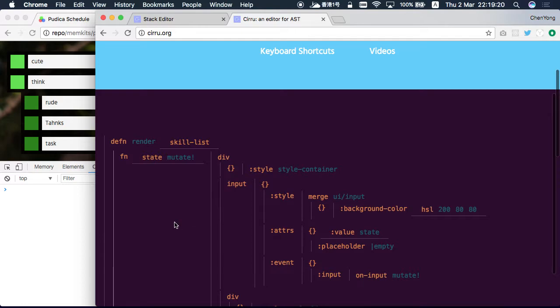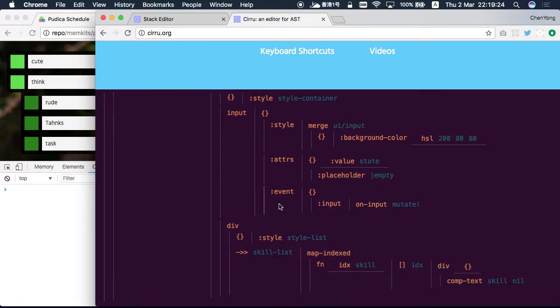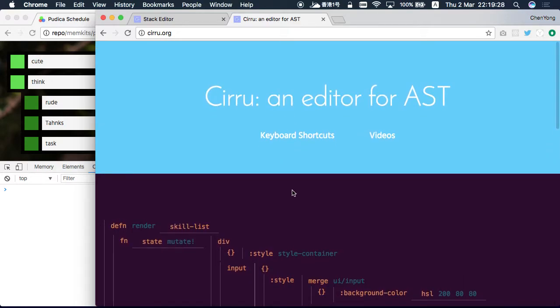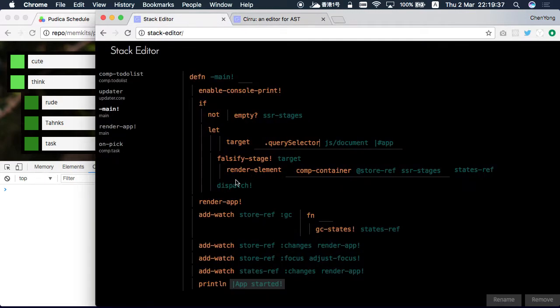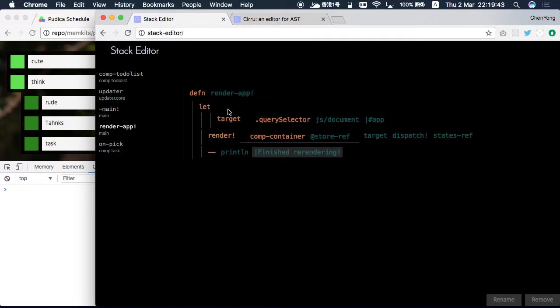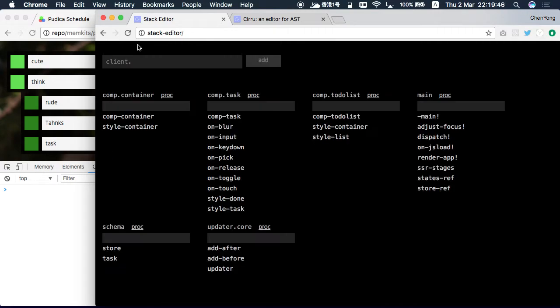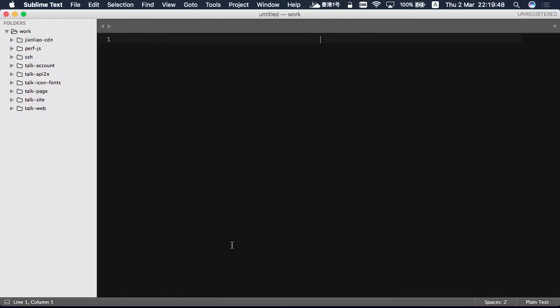The core of this editor is still this tree. I keep it the same. It's still built in ClojureScript, and I barely updated the algorithms or even the colors. But the editor part, I just changed a lot. I added features, which I will show later. So internally,